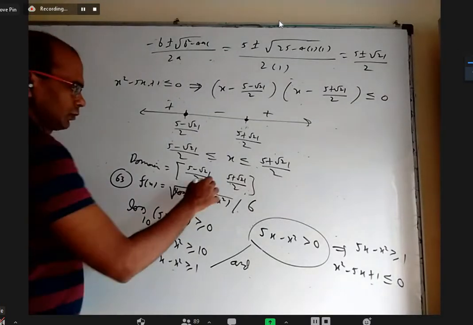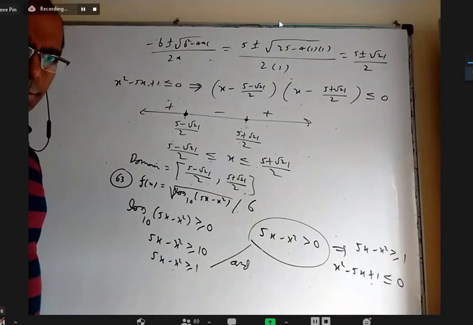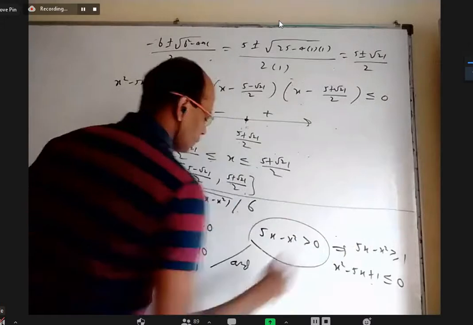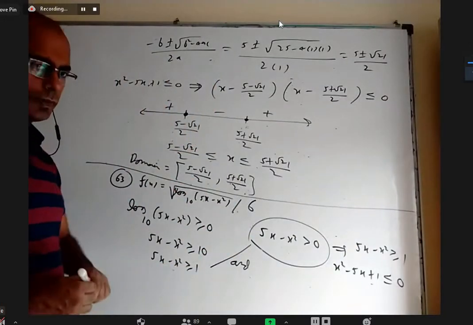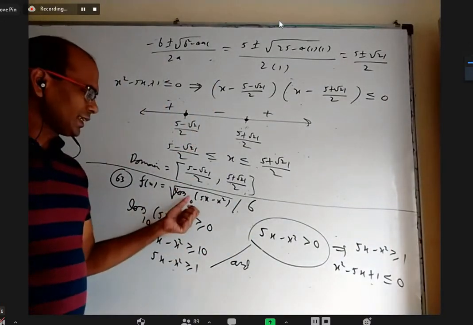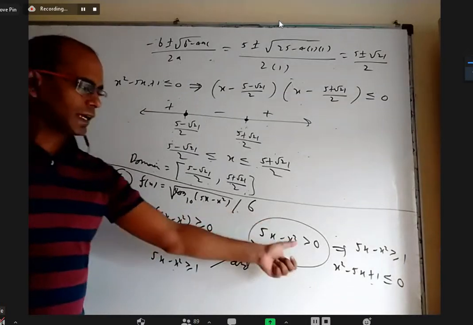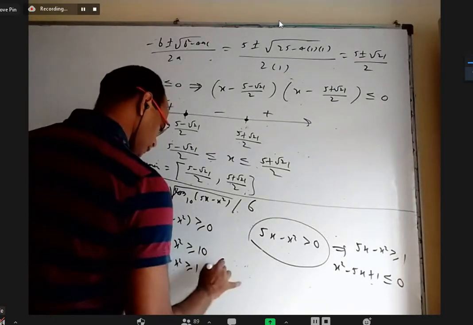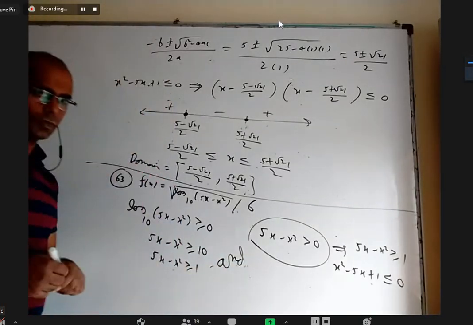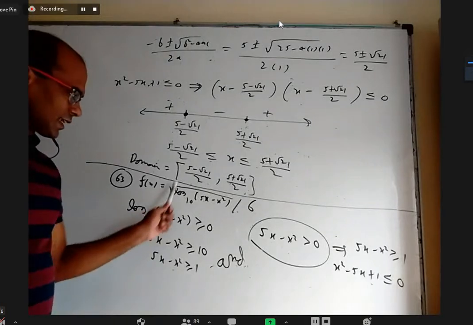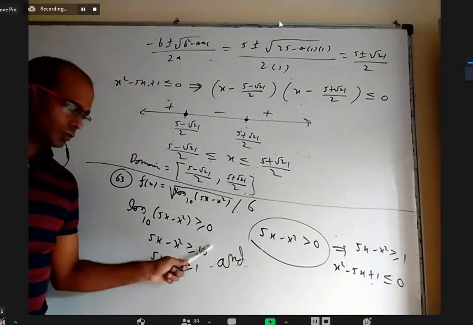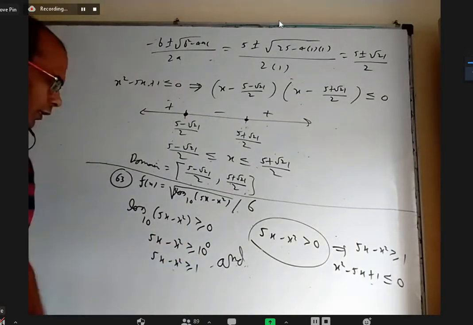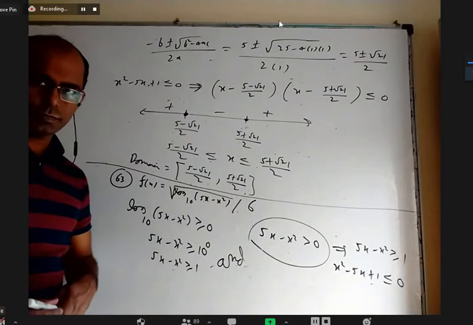Sir, yes, please. What did you write? Sir, 5x minus x square will be greater than this and this, 10, sir. Because what is inside the log, that should be greater than 0. Right? This is and. And what is inside the square root, that should be greater than or equal to 0. And when you send it in here, you'll get 10. Sorry, this is 10 power 0. Sorry. Okay. And 10 power 0 is 1. Maybe that's your doubt.